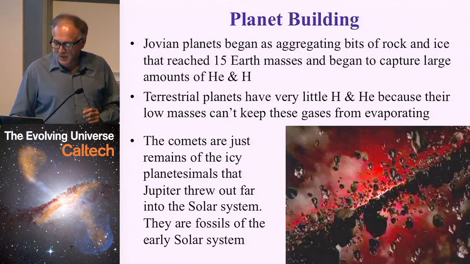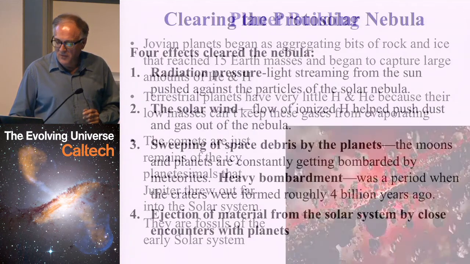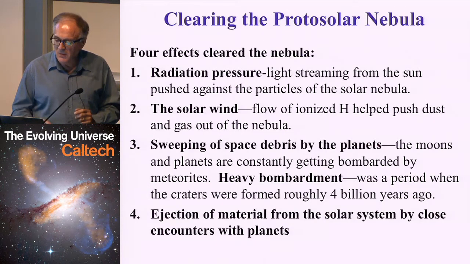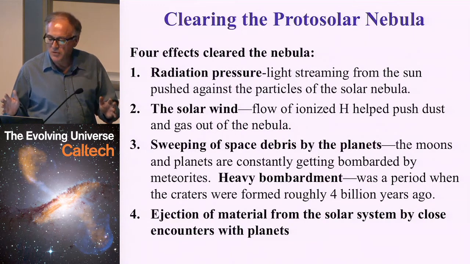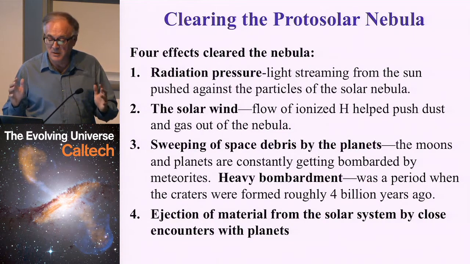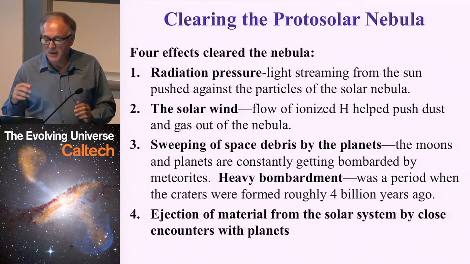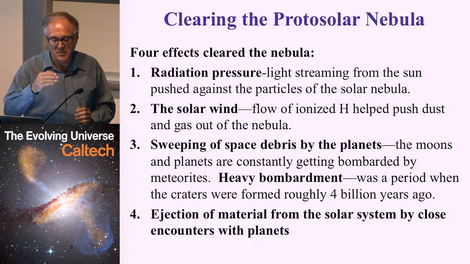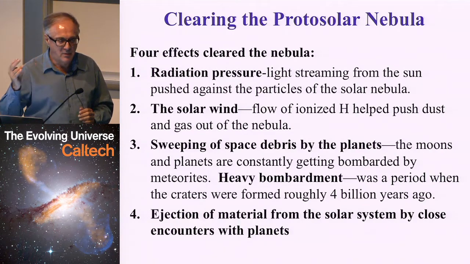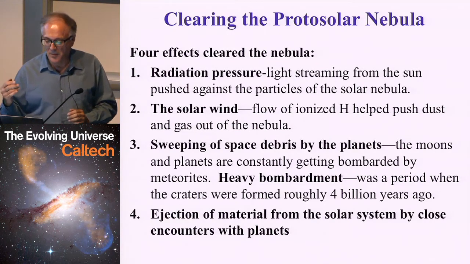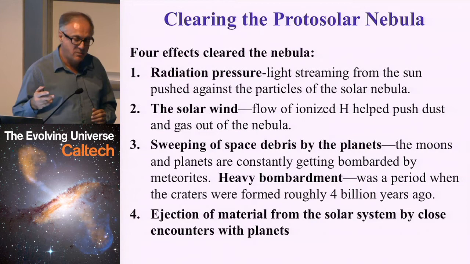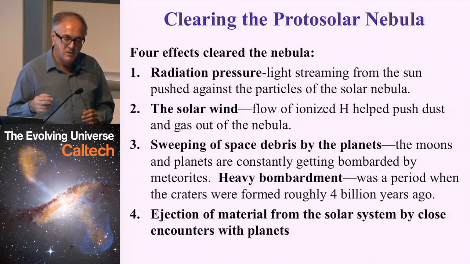So the planet and star formation finishes with a combination of things. First, the radiation pressure. Solar wind pushes particles out, right? And then planets themselves go around and sweep up the stuff, because now they have enough gravity to accrete material from around their protoplanetary vicinity. And that means in the early stages of planet formation, a lot of asteroids fall down,